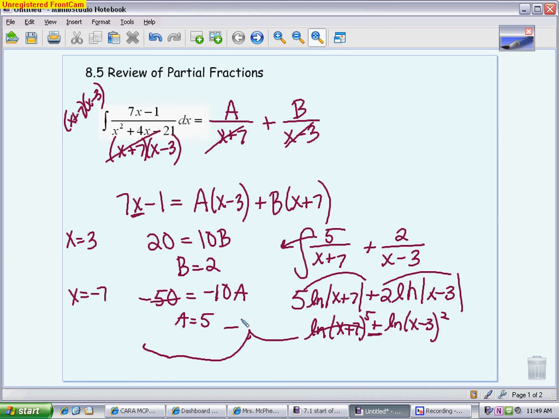So I get the natural log of (x plus 7) to the 5th times (x minus 3) squared, plus c. And you'll see that happen a lot with logarithms, because you end up with so many logarithms, is they'll use properties like the power property, like the product property. So you want to look for that when you're doing a multiple choice to see if they use logarithm properties